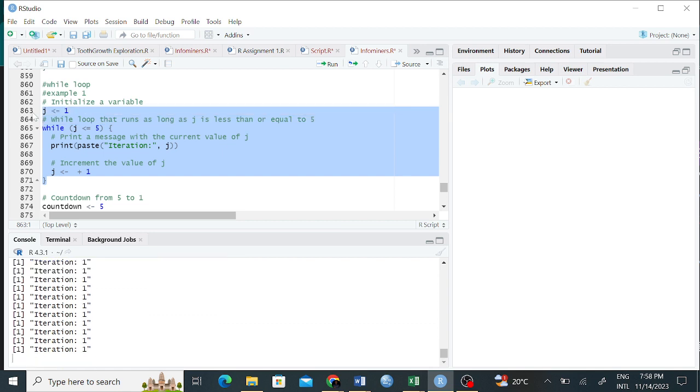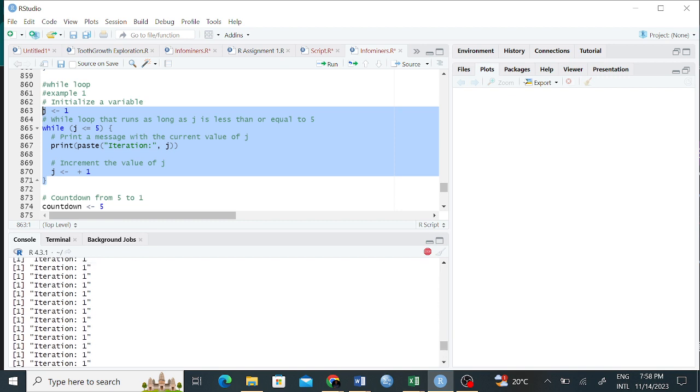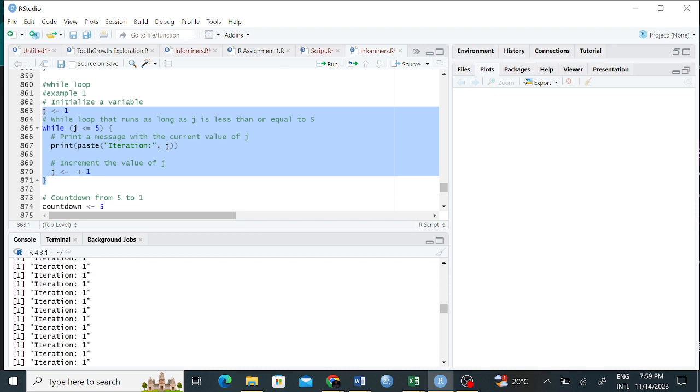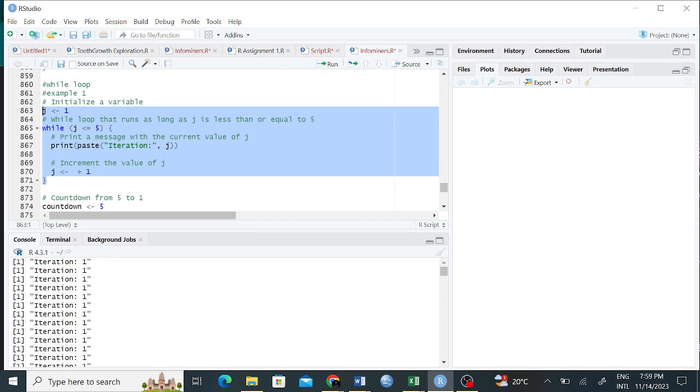Curiosity killed the cat. You can see what is happening here. It is an endless loop, right? It's endlessly writing iteration 1, and it's not stopping anytime soon. You can see here interrupt, you can interrupt it. So it is just writing iteration 1. You can see all the crap that it has written there.